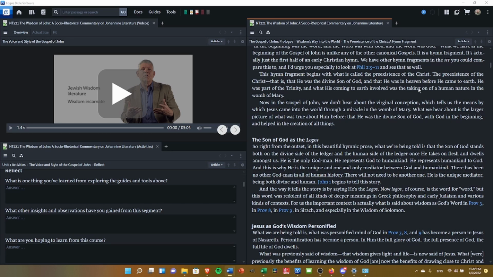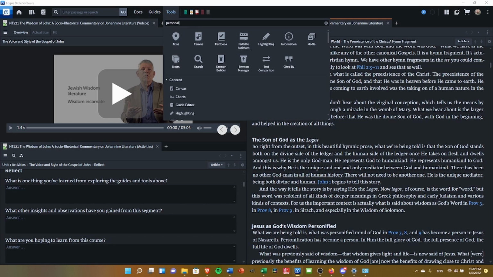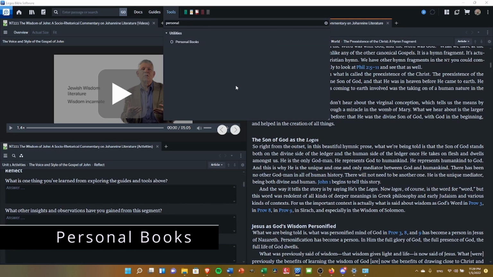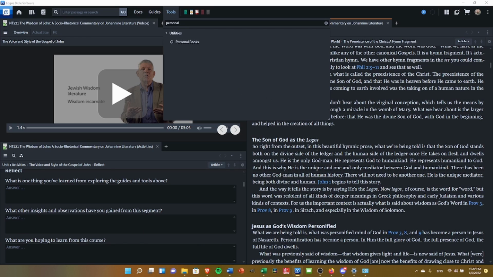All right, so the last topic that I want to point out here concerning additional features for new Logos users is something that I'm somewhat hesitant to point out. It's under Tools, and that is personal books. Now, personal book is defined basically as just a Word doc that you can upload into your Logos desktop library. This could be academic papers that you've worked on. This could be external sermons that you've written, maybe in Word or something. This could be doctoral research that you're doing. Whatever it is that's in a Word doc format, you can upload to Logos, to your library on desktop